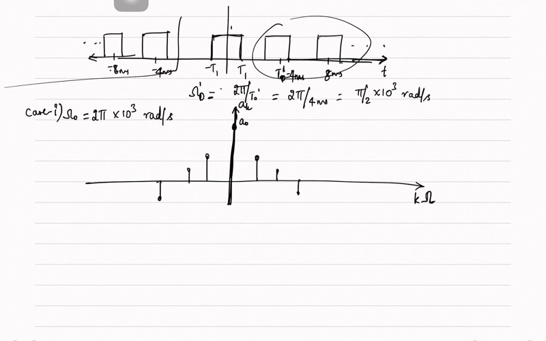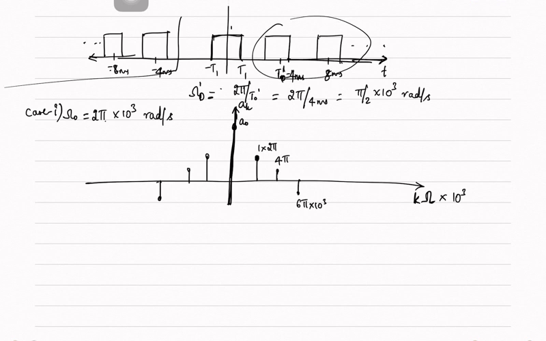So what was a1? Since it is k omega naught, the axis is not k now, it is k omega. So it is 1 into 2 pi, the coefficient corresponding to 1 into 2 pi radians per second. I am going to include 10 raised to 3 here, to avoid cluttering it. So this is 4 pi into 10 raised to 3 radians per second, this is 6 pi into 10 raised to 3 radians per second, and so on and so forth.